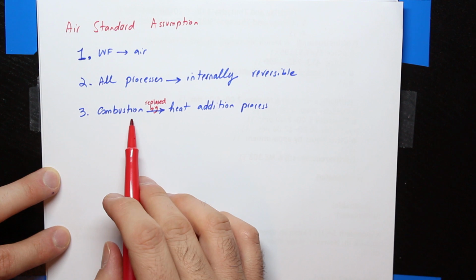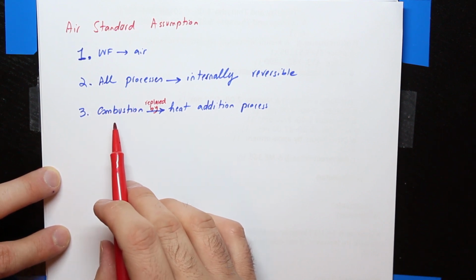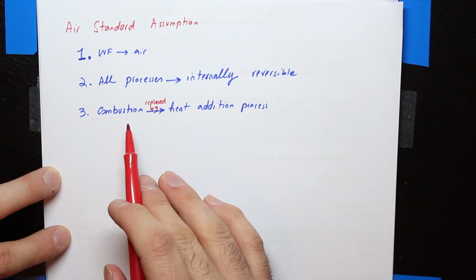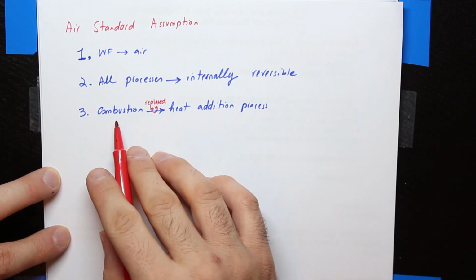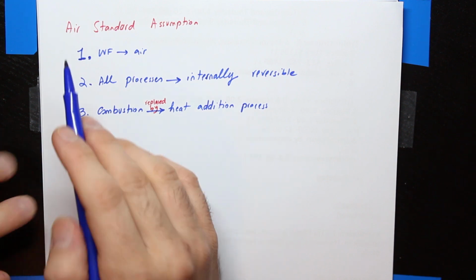The reason that we do that is the topic of combustion itself is a pretty sophisticated and complex discussion, so we don't want to add the complexity of combustion and those chemical reactions into the discussion of